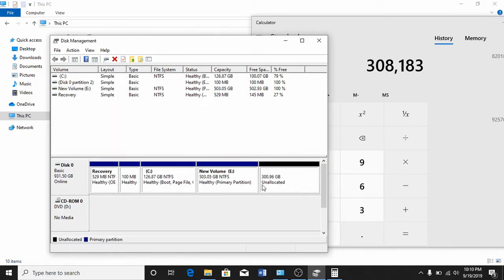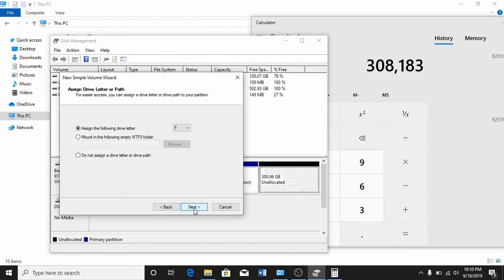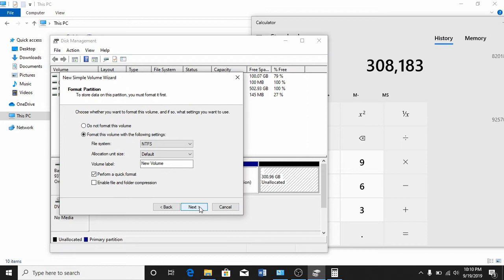Next, right click on the 300 GB unallocated space and click on new simple volume. Click next. The drive letter is F. Click next. Click next.